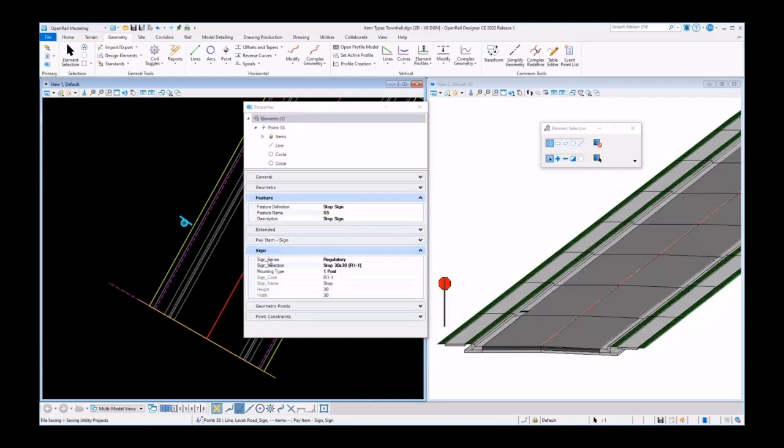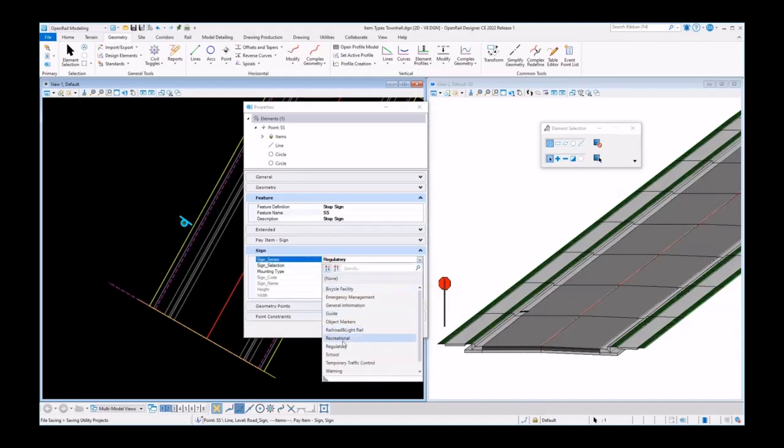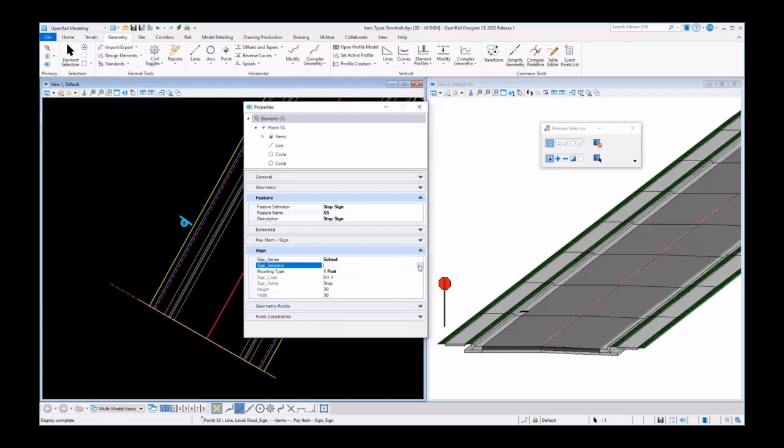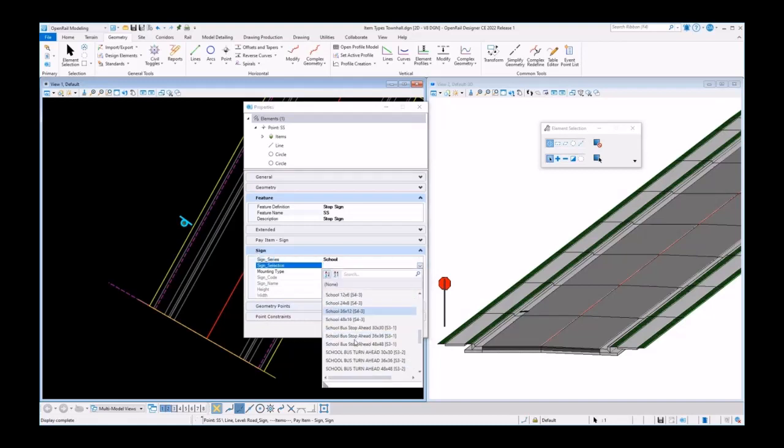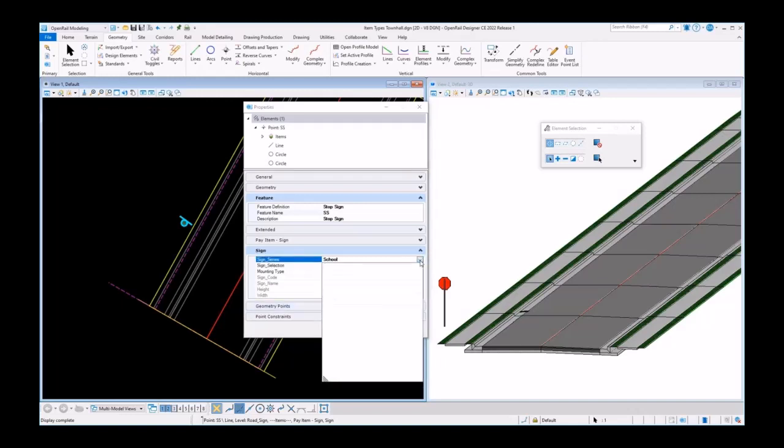So here, let's look at an example with some signs. And I've got two pick lists in this example, a sign series. And if I go pick that series, let's pick school signs, and then I go under my sign selection pick list, this list is now being limited to just our school signs. Go back to our sign series, change it to something like railroad, you'll see the number of signs that are in here are limited. So it makes it very easy to manage those pick lists,